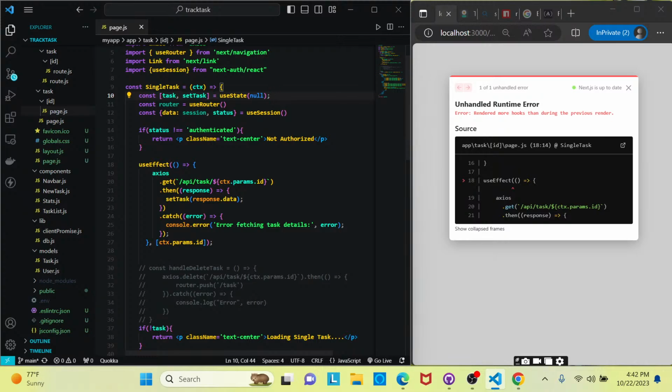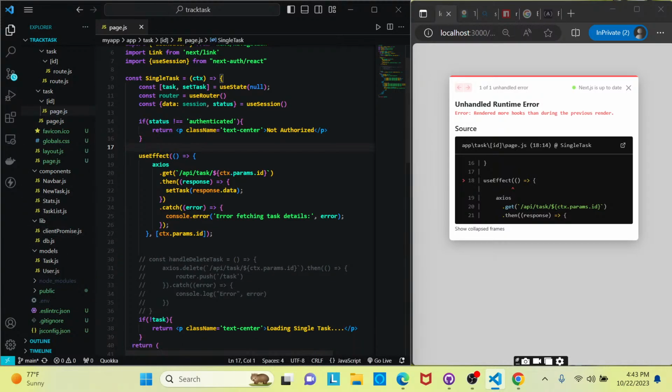So I think where we left off, we were creating the individual task page, and I was running into this render error. And now that I think about it, I probably should separate this request into its own function versus doing it within the useEffect hook. So let me do this. I'm going to remove this code, create a separate function here, and then I'll call that function within the useEffect hook. And I'm thinking that should take care of me